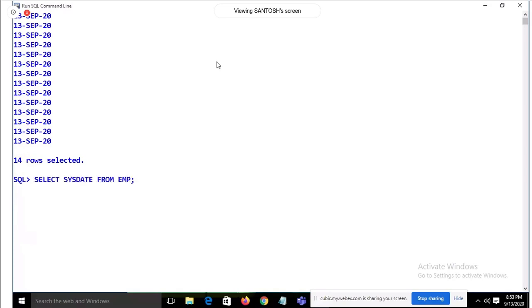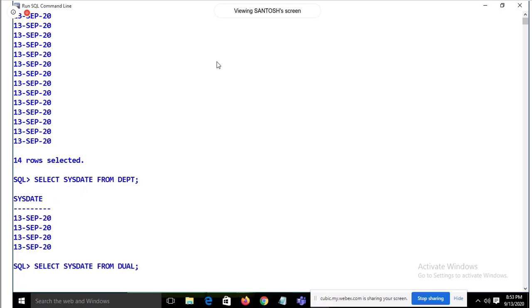So I'm just going to use select sysdate from another table. It's department. Now it's good. Yeah, only 4 times is there. So what exactly do we require? We require a table with a single record. That will be better. So Oracle is very smart. They are going to provide you a table called dual.